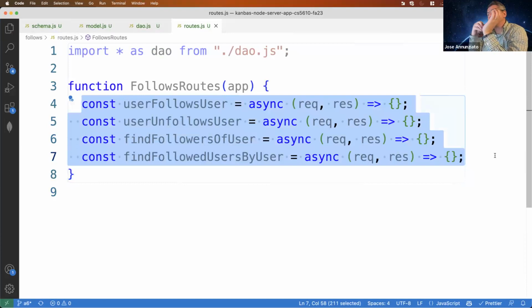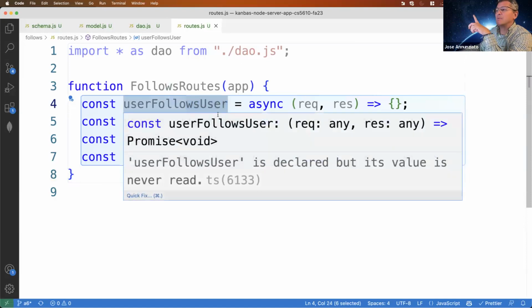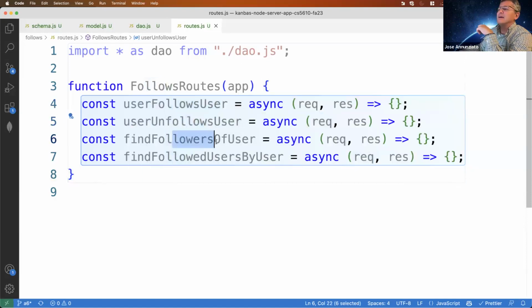So the user interface is going to provide, if user follows user, in the request, the ID of the person who is doing the following. And same thing here: who are we following? Actually, no. Who are we unfollowing?